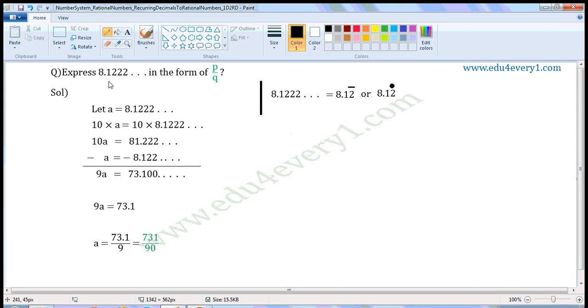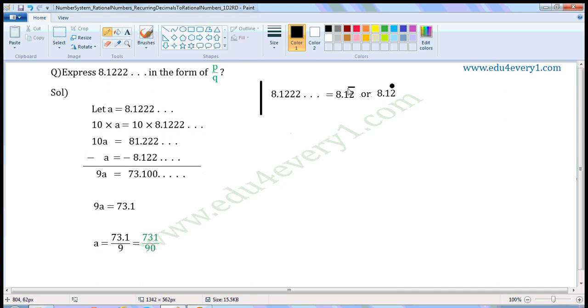Express 8.1222 in the form of P by Q. Here the digit 2 is repeated uncountable number of times, so it is a recurring decimal. We can represent 8.1222 as